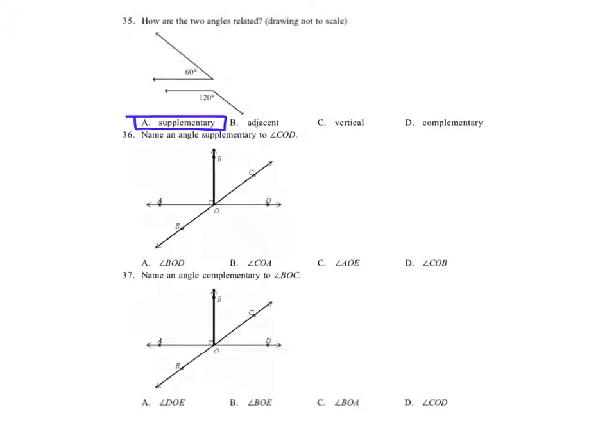Now, moving on, we say, name an angle supplementary to COD. COD is right here. Okay, so if we want an angle that added to 180 with it, you could say either angle COA right here, because you can see that those two together make 180, angle COA, otherwise known as angle AOC,